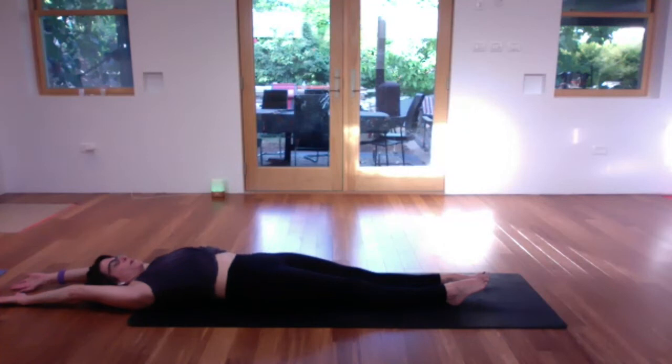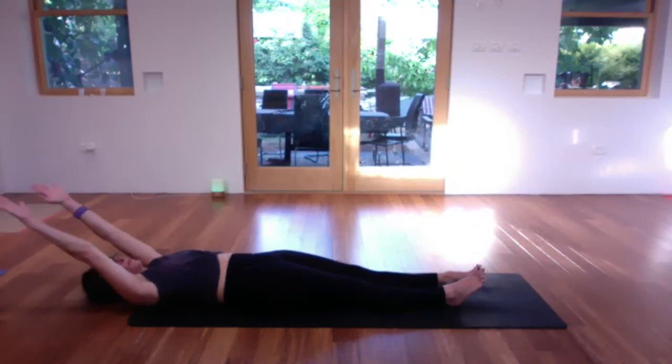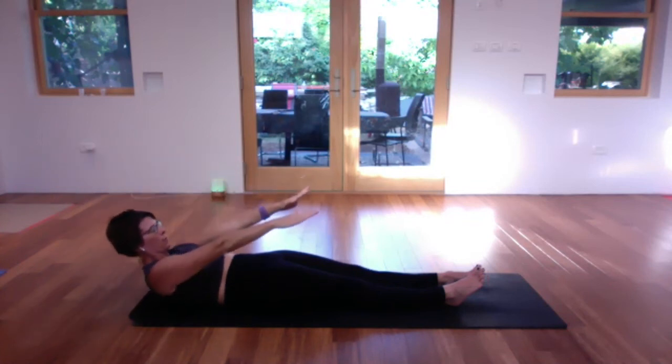Breathing out, pull the belly down into the back body like it's gonna touch the back of your mat. Breathing in, extend the belly up like a balloon, and then breathing out, pull the belly in towards your back body like it'll touch the mat. One more time, breathing in and breathing out. Good. Keep the belly tucked in, reach the arms towards the toes, look up,